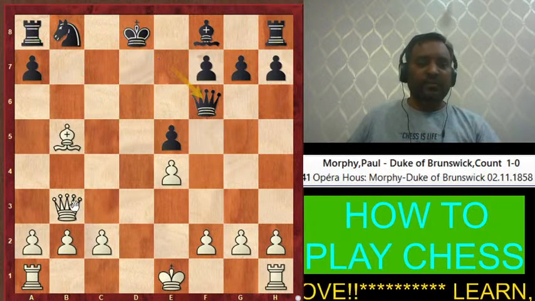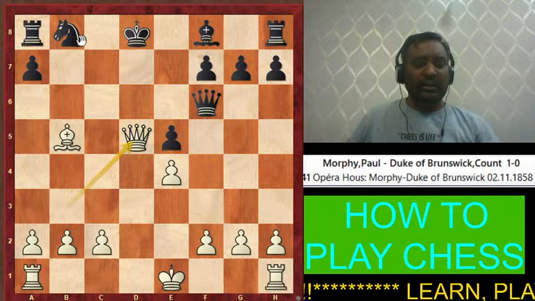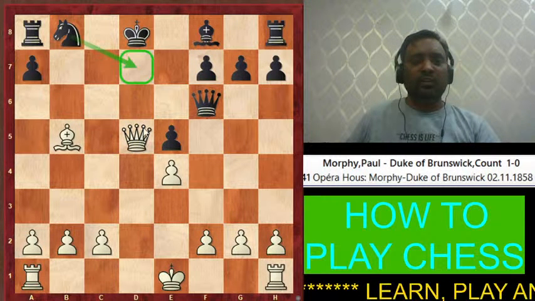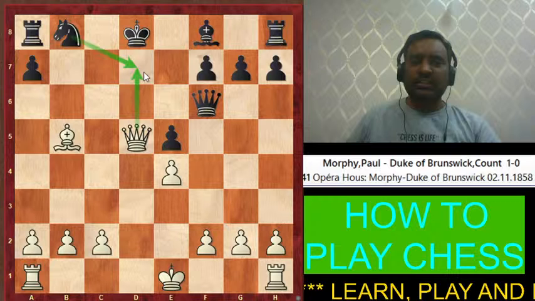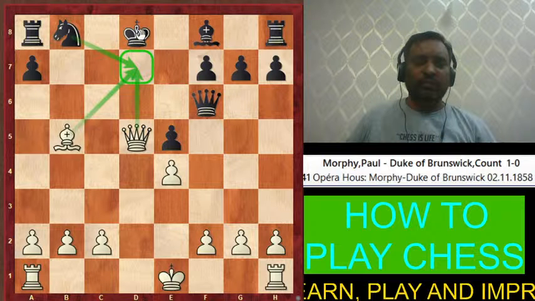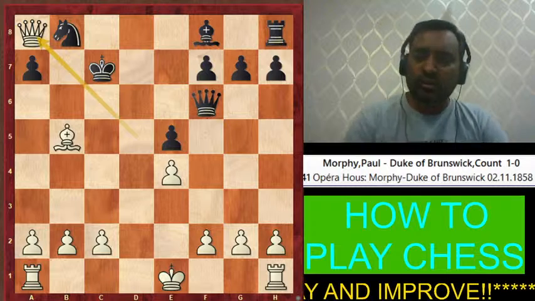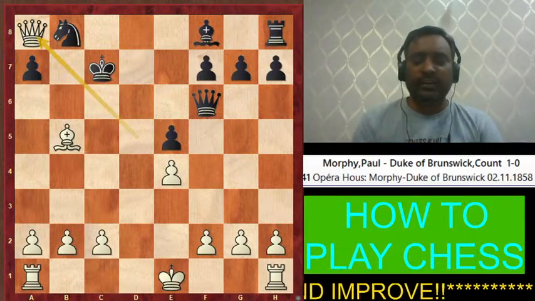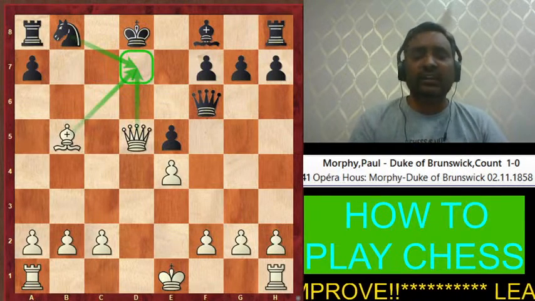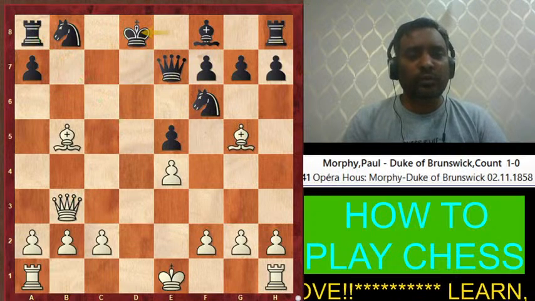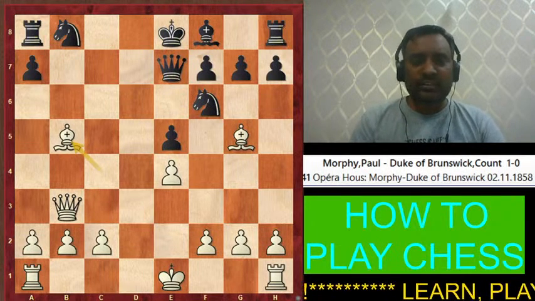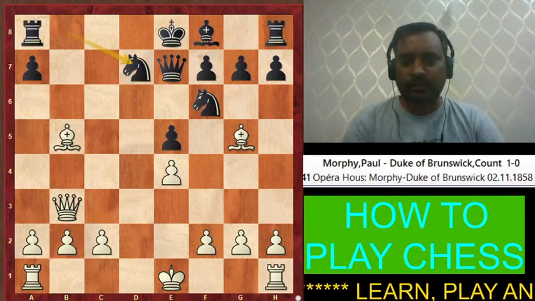If he captures with the queen, now this check, and remember this knight cannot come between because there is a checkmate with the help of bishop and queen. So he will try to move the king, and now we are getting the rook. So this is how we will get the rook. First take the knight and we can do that. So therefore here the black players decided to play knight to d7.